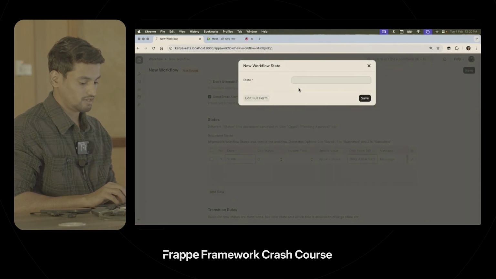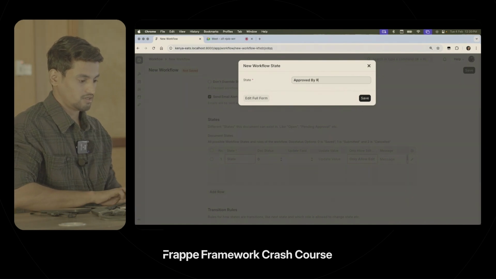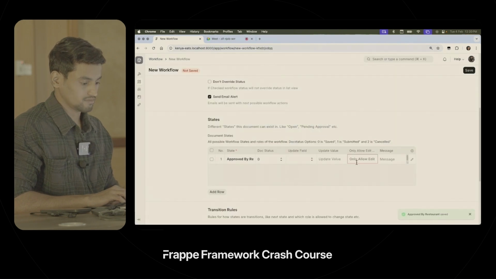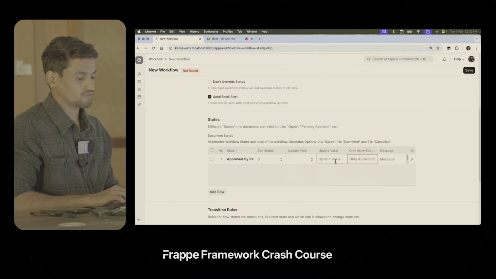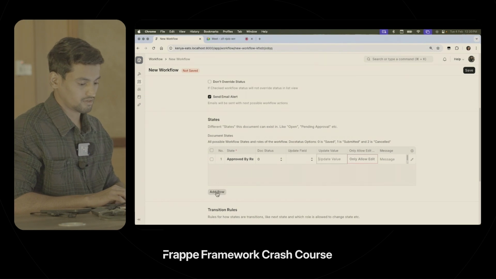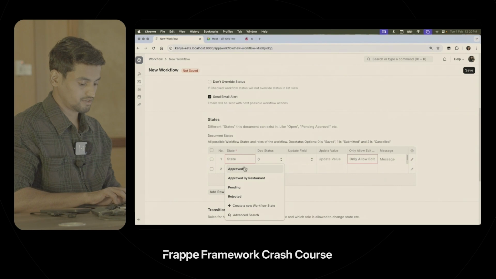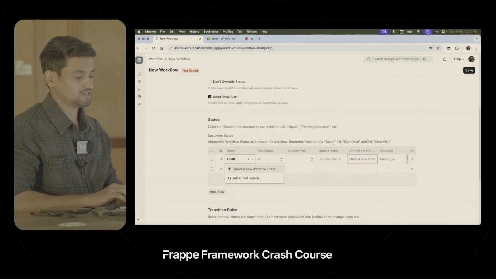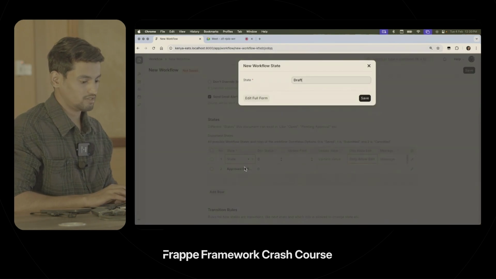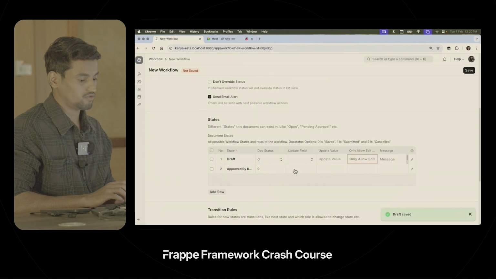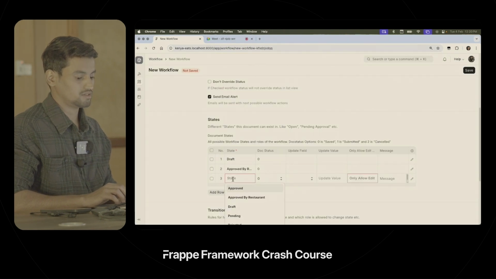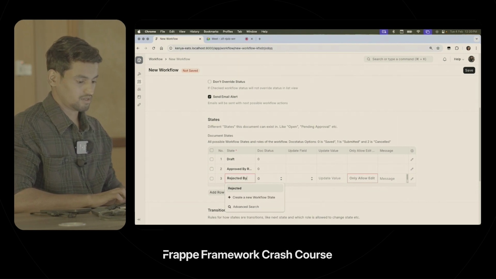For example, in this case, the first state could be draft, where there is no approval, it is just created. The second is approved by restaurant, and third could be rejected by